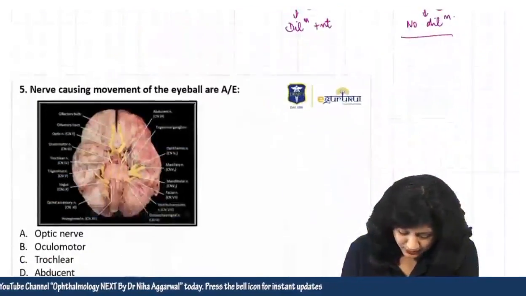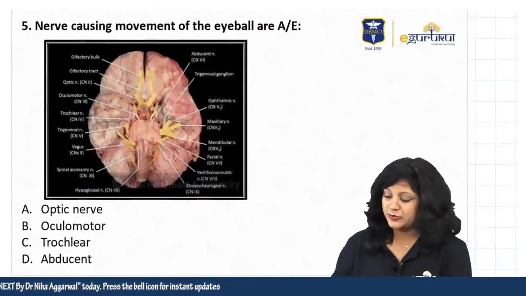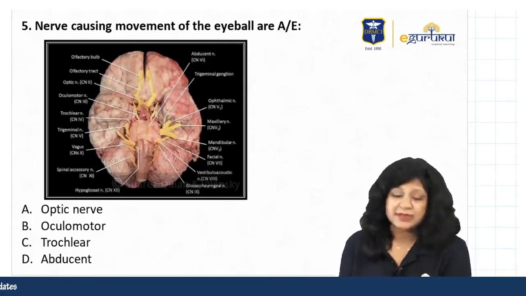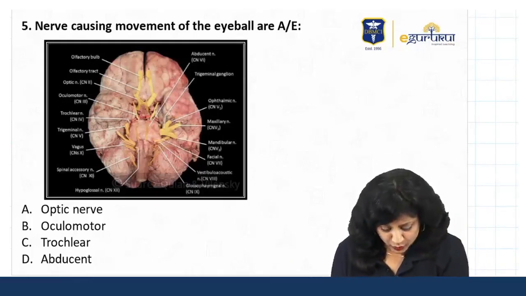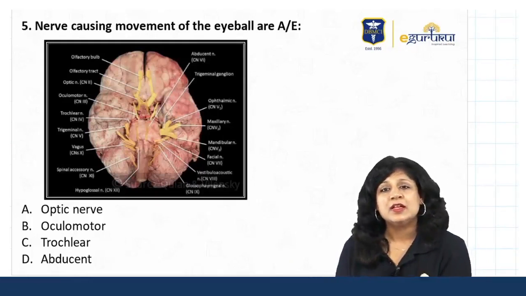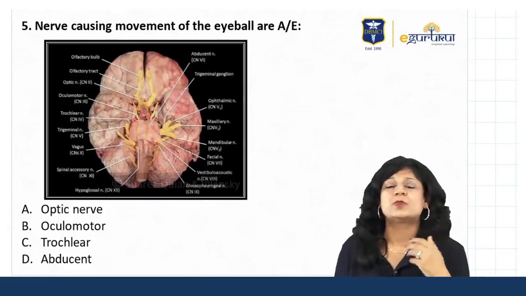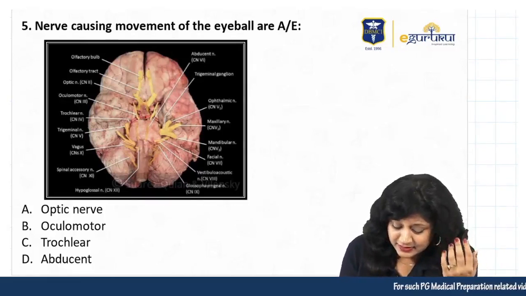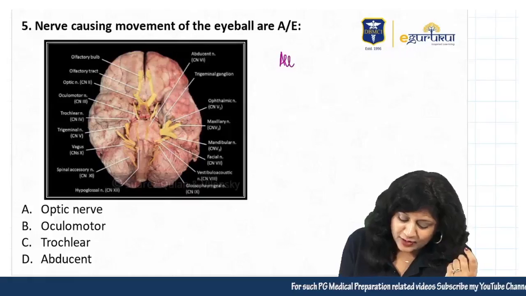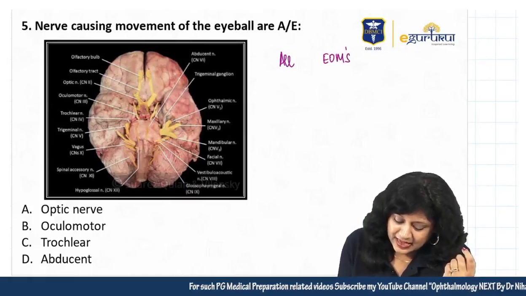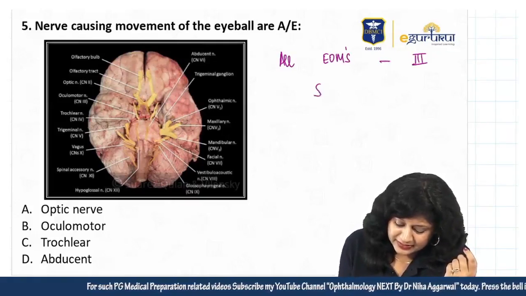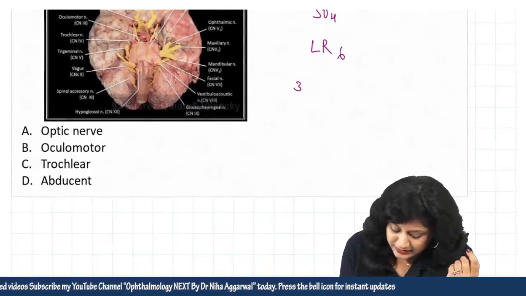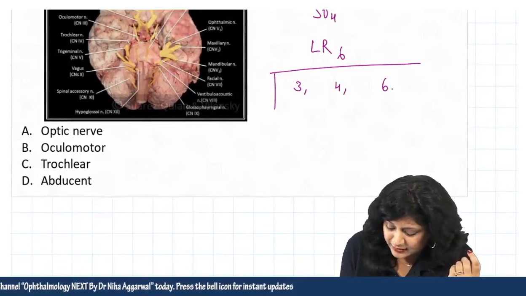Next question: the nerves causing the movement of the eyeball are all except. Now this is again a very simple question. Students told me that they got a cadaveric section showing the base of the skull with so many nerves, and this is one thing that they are asking continuously. As I always say, this will help you like anything. You should know that all of the extraocular muscles are supplied by the third nerve except for SO4 and LR6. So it is the third, fourth and sixth nerves which are usually responsible for